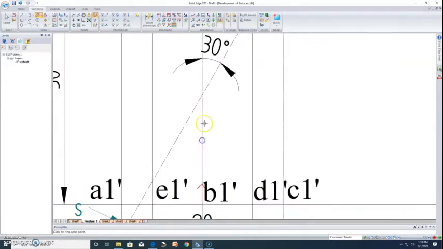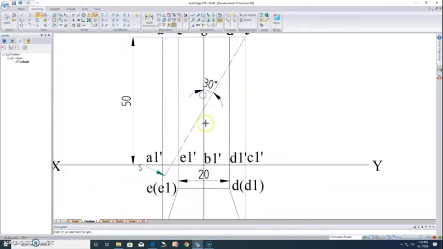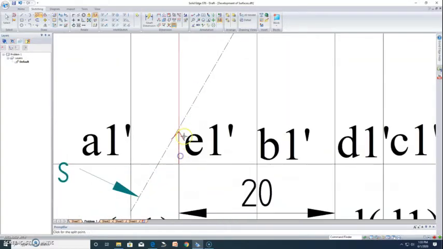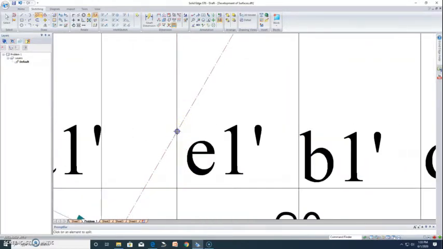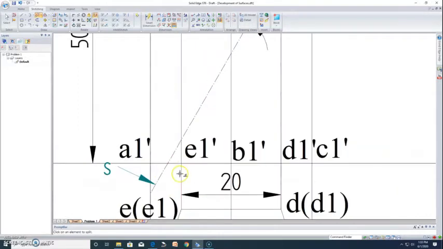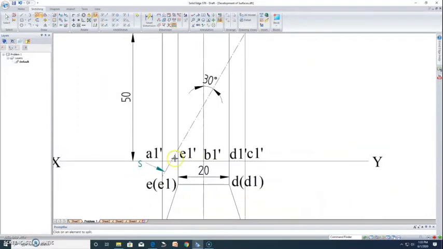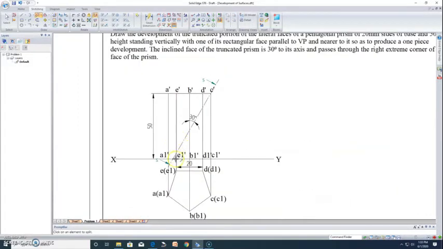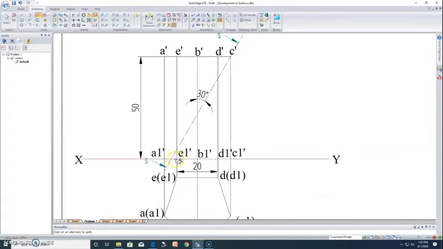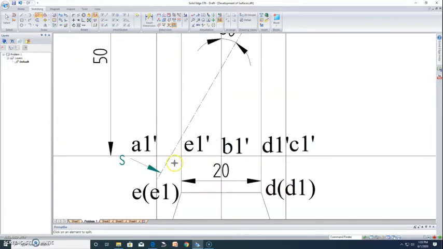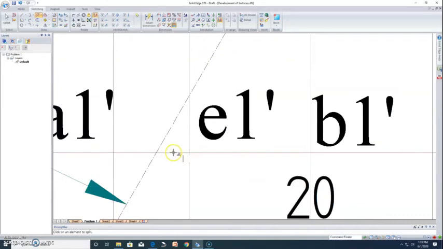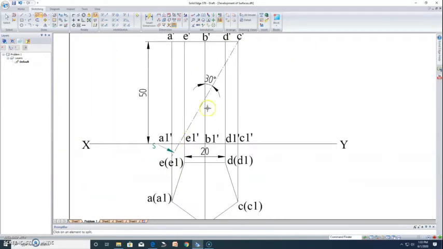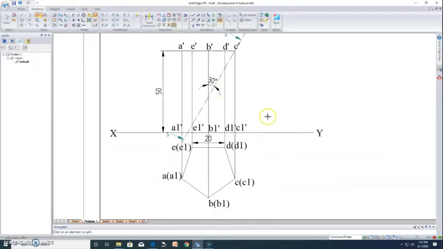Similarly, this line about the intersection point and this line at the intersection point here. And you can see in this particular problem, the vertical edge A1 has not been intersected by the section plane, whereas its base has been cut. So I'm going to cut the base at this particular point. After using the split option, now I'm going to darken the visible and hidden edges.